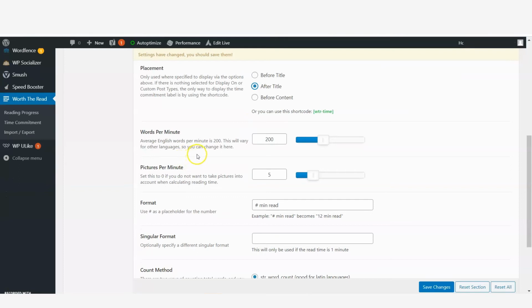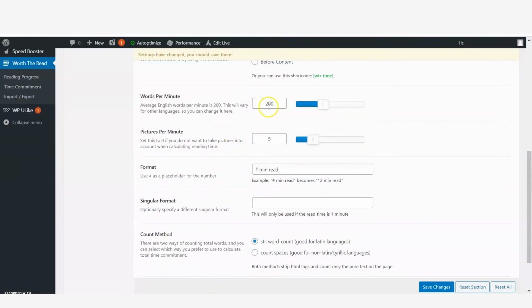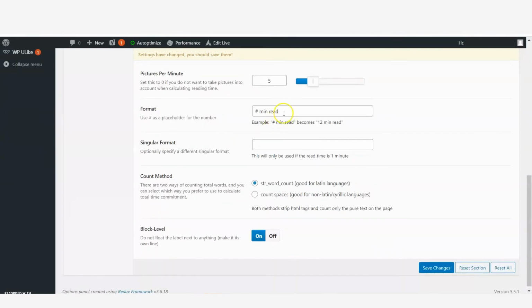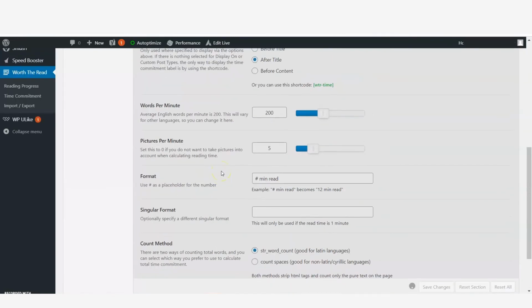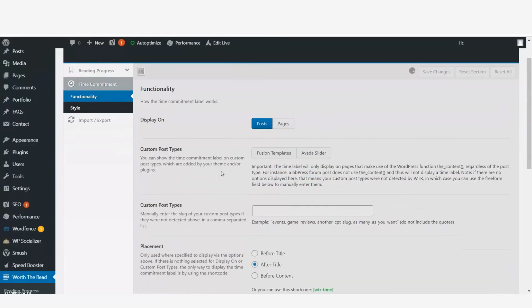Words per minute, I will just keep it as it is. And here it says format, how you want your format to be. Your hashtag means the time it will display, how many minutes it is. Keep all the options as it is and click on save changes.